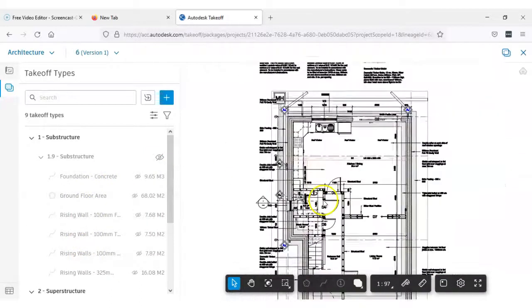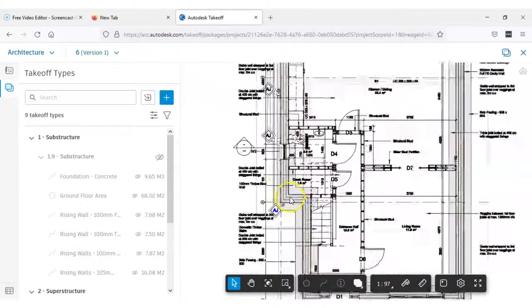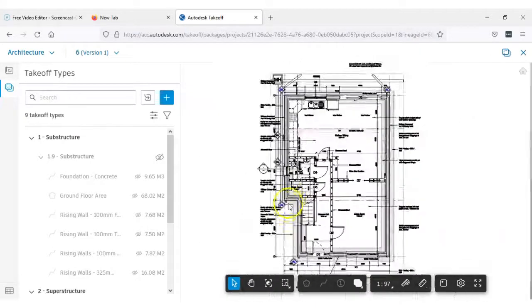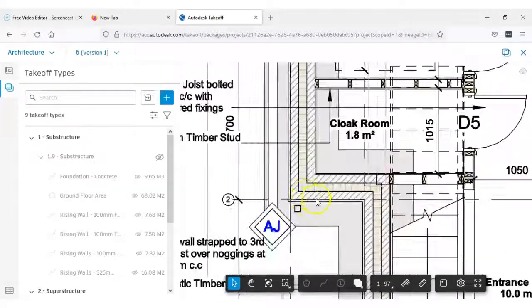So we're going to move now to external walls. What do we got in terms of an external wall? Well, it looks like we've got a cavity wall. Now remember, external walls are, from a quantity surveying perspective, all those walls above the ground floor. Rising walls are measured, as you can see here, and we've done it before in the previous tutorial, in the substructure. So everything below ground floor level, so that DPC level, or the top of your ground floor,